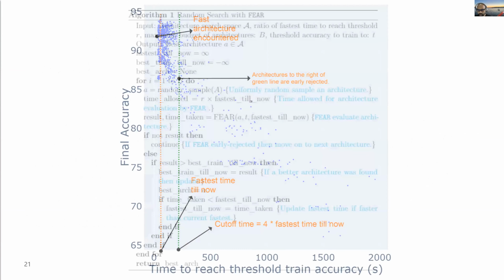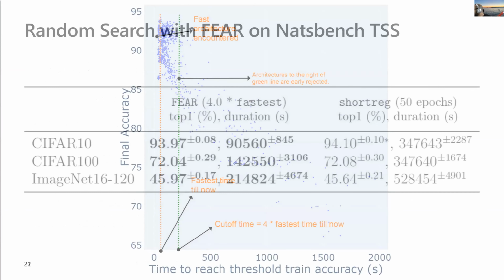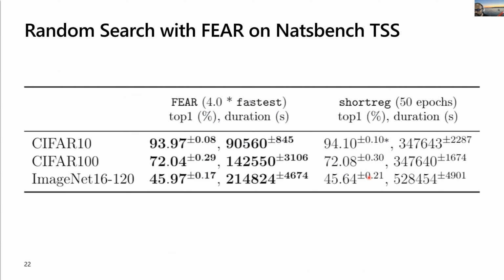Thanks, Deepa. There is a question in the chat, which I just saw. What do you think caused the higher variance in time till threshold accuracy for more sophisticated datasets, ImageNet versus CIFAR? The higher variance. Let me see. Oh, you mean in random search, Franciscus? Because these variances are a bit higher, or do you mean in?